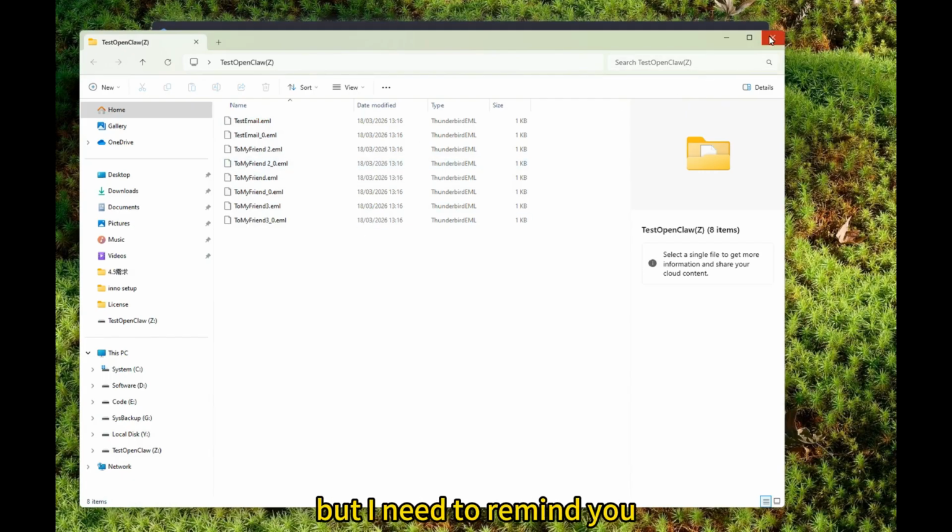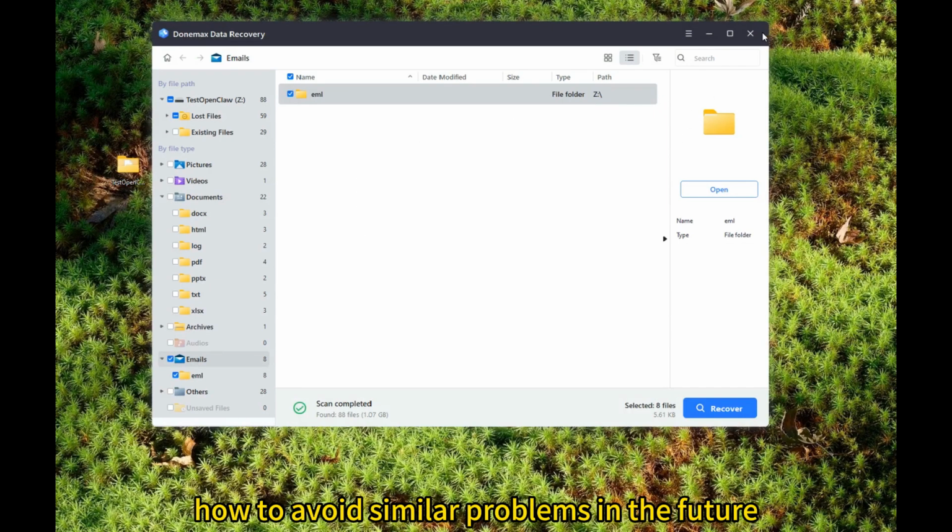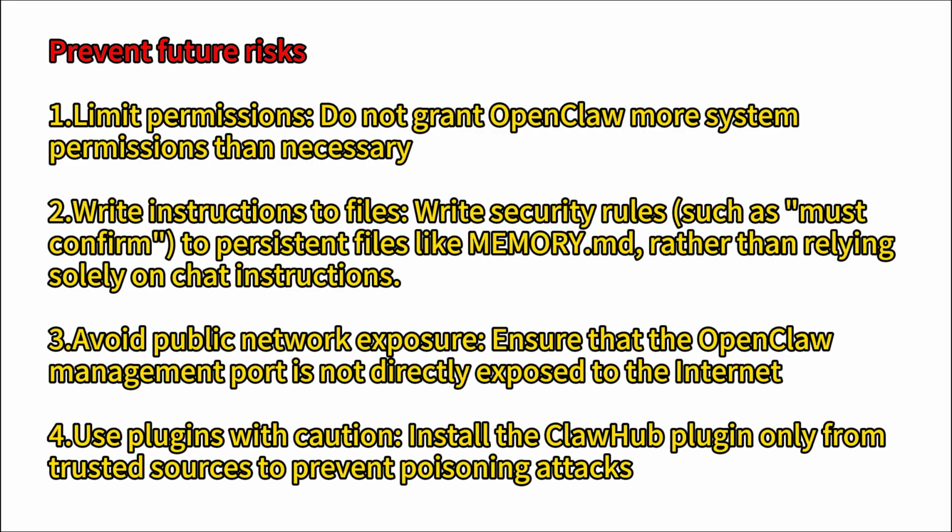But I need to remind you how to avoid similar problems in the future. Keeping the above 4 points in mind can help you avoid being harmed by